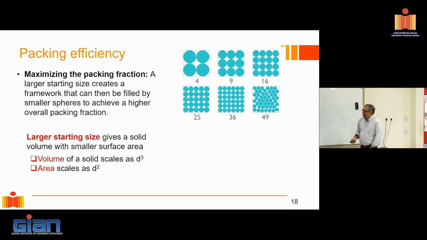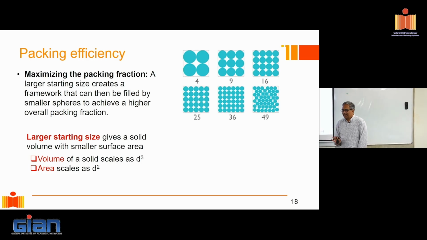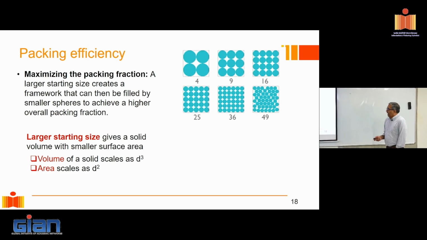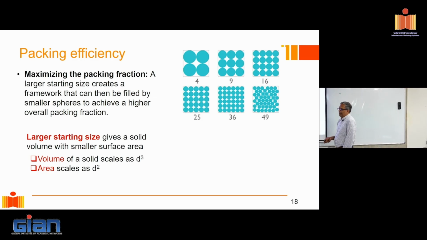But two important things to remember. This is just a numerical example, which is very simplistic, to explain two things. One is, suppose I start with a square and try to pack it with circles. It is not at all realistic in a real sense, but it helps understand the concept. And the concept is, am I better off starting with a larger sphere initially and then packing the spaces between these with smaller sized aggregate, or starting with a smaller size to start with? Where would I get a better packing efficiency?